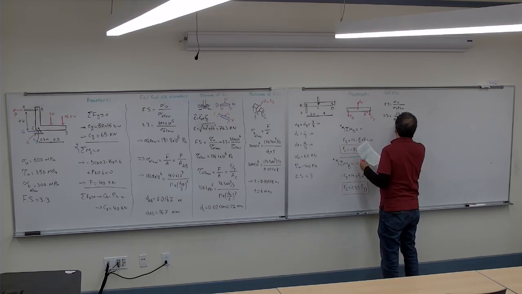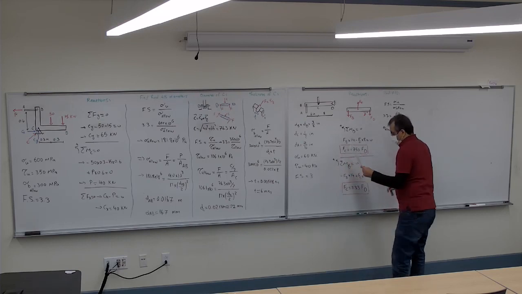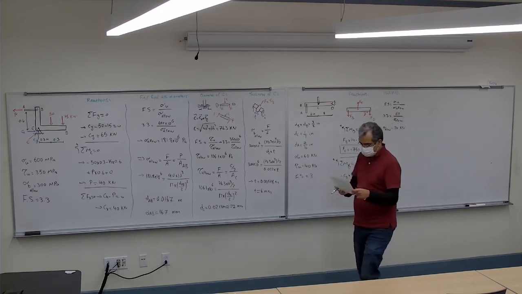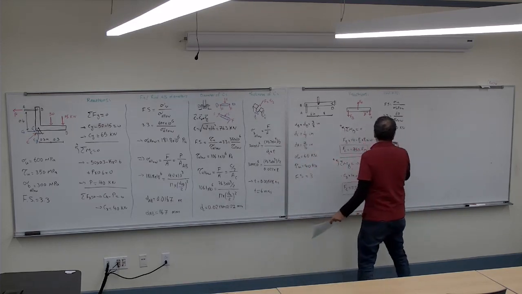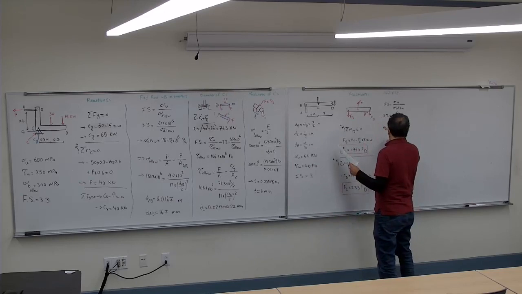So the sigma allowable would be 20. Now that we have the sigma allowable of 20, I can say,